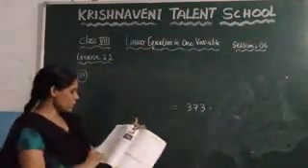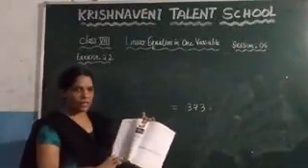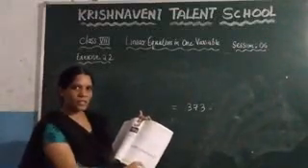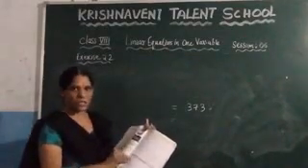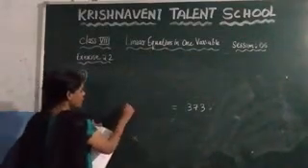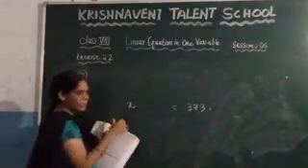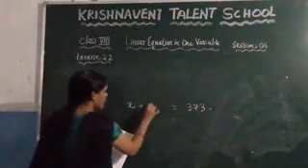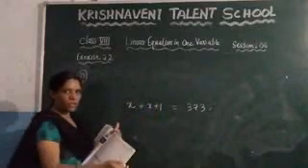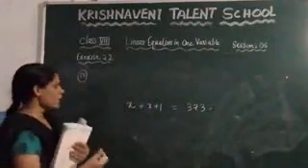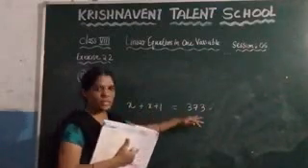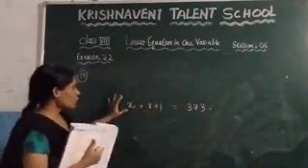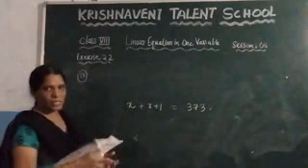That means, let us consider this is the first page. And what will be this page number? Which is 2. Because if you add 1 to the number, you will get the next page. Let us consider the first page as x. Then what will be the next page? Which is x plus 1. Because if you add 1 to the number, you will get the next page. And what they said here, after adding these 2 pages, you have to get 373. Now, you need to find what are those page numbers.